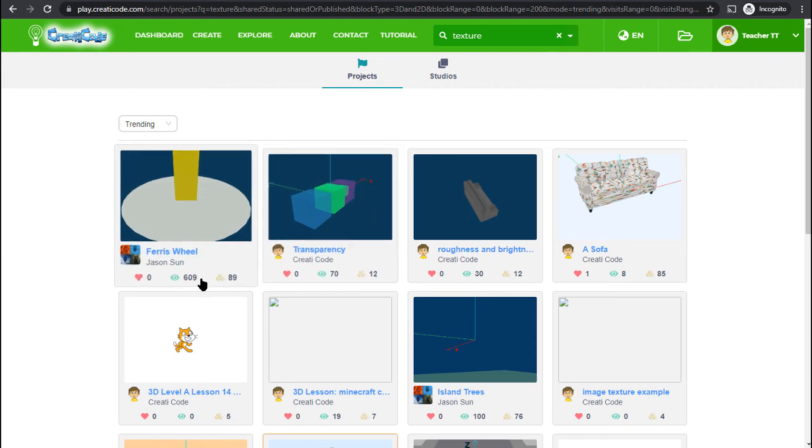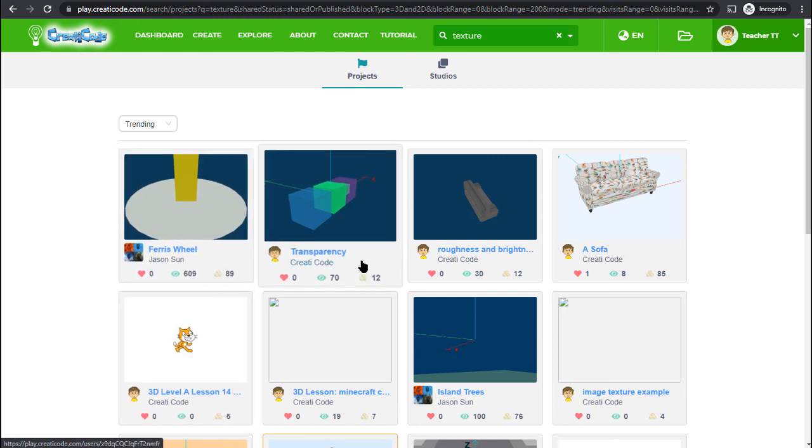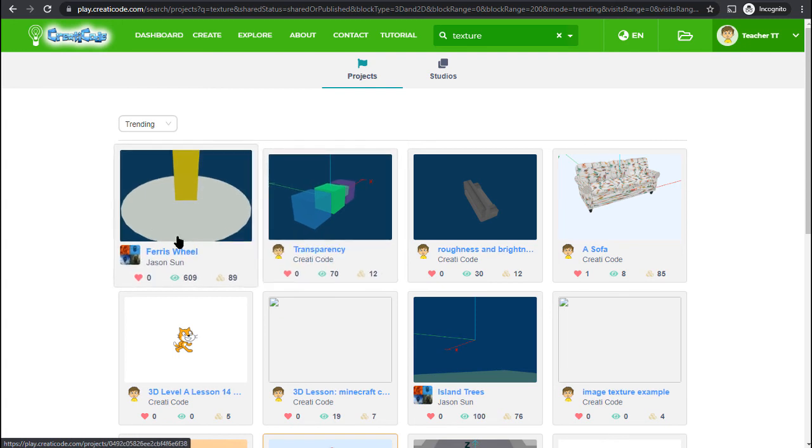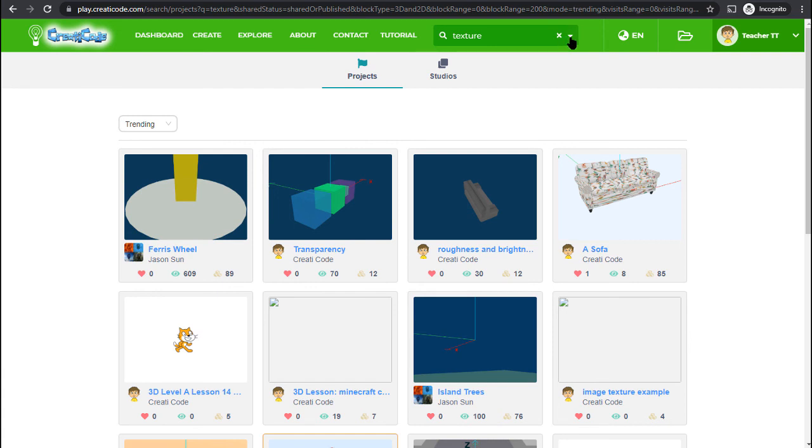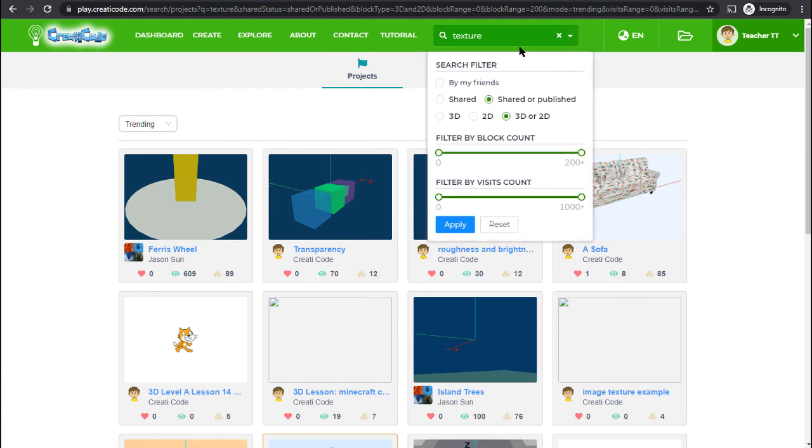And for each project, you also see the number of favorites, the number of views, and the number of blocks used in that project. Like this project has 89 blocks in there, and this one only has 12. Obviously, this first one is a more complex project. And in the drop-down for the search, you can use some similar filters, such as only search within the projects shared by your friends,